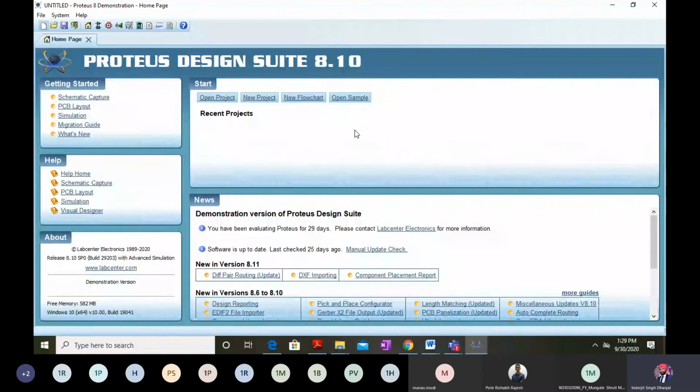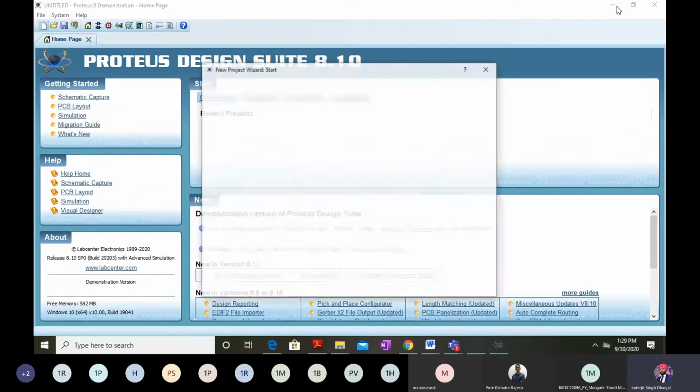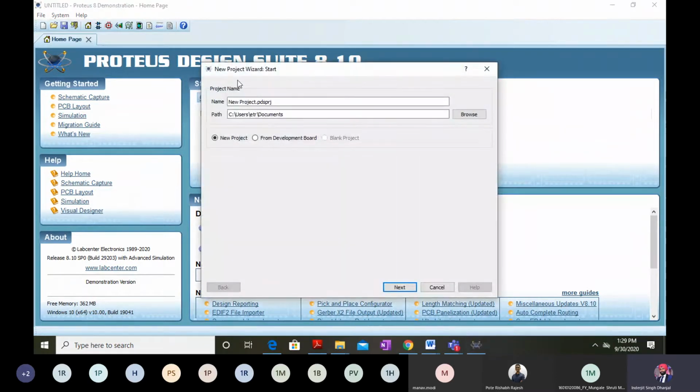So it will take some time to load up. Okay, I think it will take around 20 seconds. We need to first find directly the values of VL and IL with the help of Proteus, and then we'll verify those results with Thevenin's theorem. Okay, so whenever the new project comes, you can keep the default name and keep the settings as they are. Click on next.